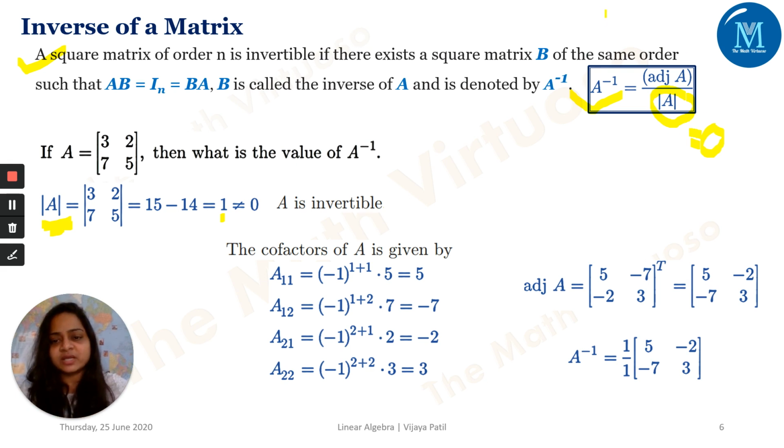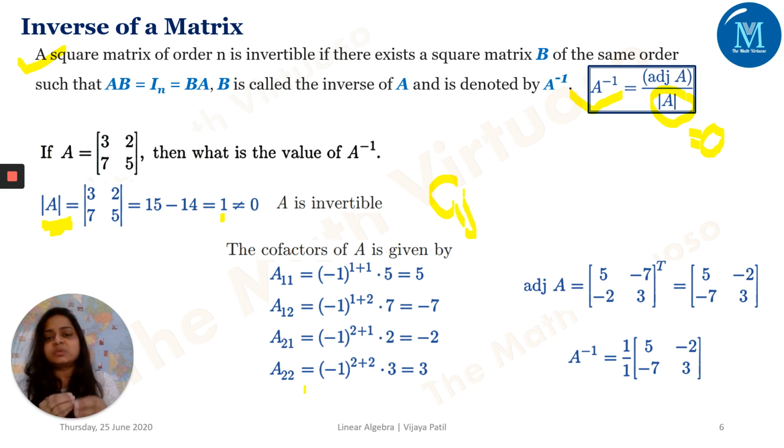So similarly, we can find out the cofactors here. Cofactor of A is given as capital A11, which is minus 1 to the power 1 plus 1. In the last slide on cofactors, I gave you the notation as C i j. Similarly, you can have the notation as capital A11, A12, A21 and A22. Purposely, most of the time in my videos, I use different notation just to make you familiar with the different notations from different textbooks. That is the only purpose, right?